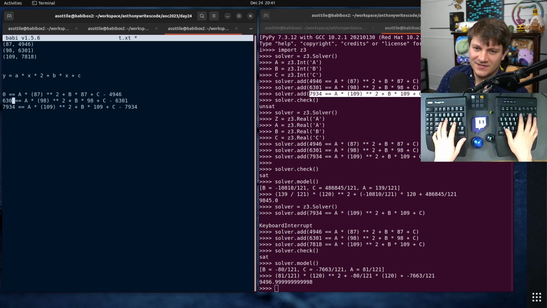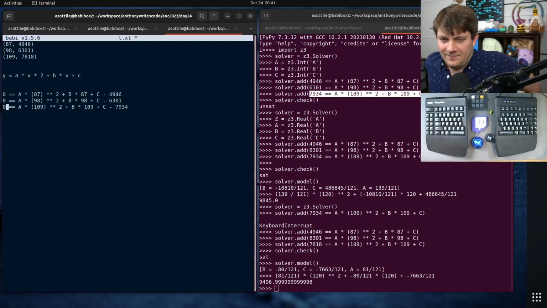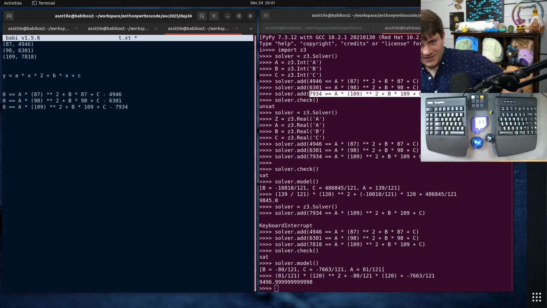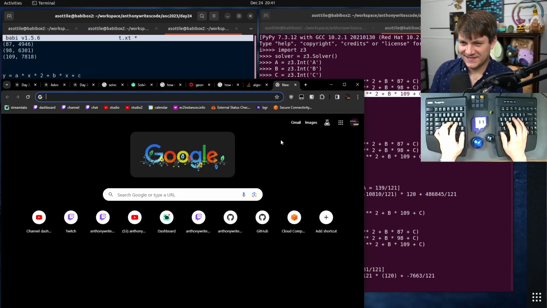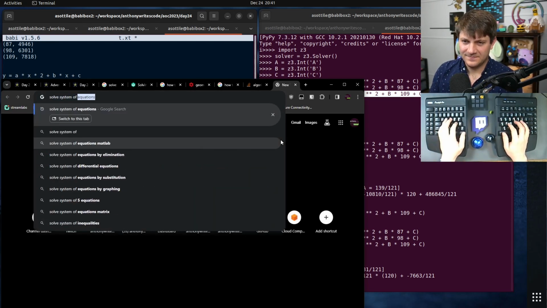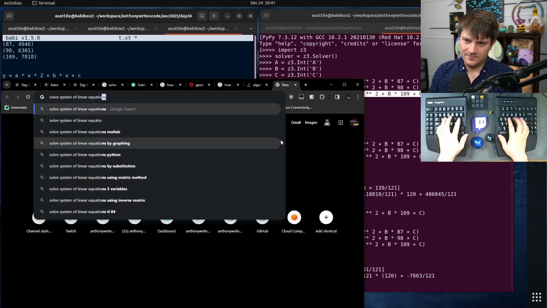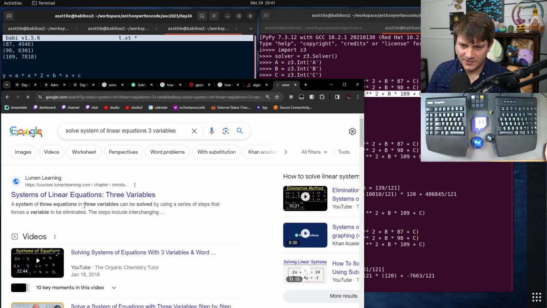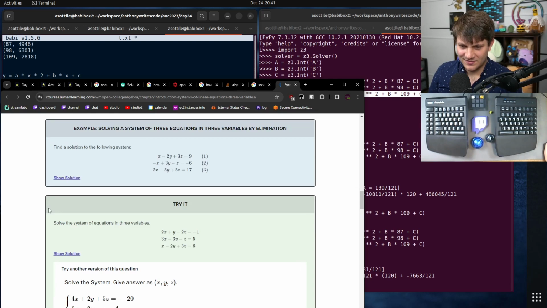But here's our system of linear equations. I don't remember how to solve systems of linear equations with more than 2 variables. I guess this would have been helpful for 25 where I cheesed it. Alright, we're gonna relearn basic algebra. I'm pretty sure it's just like you line them up and